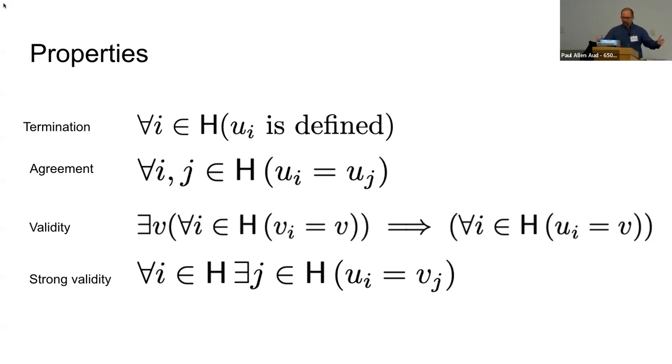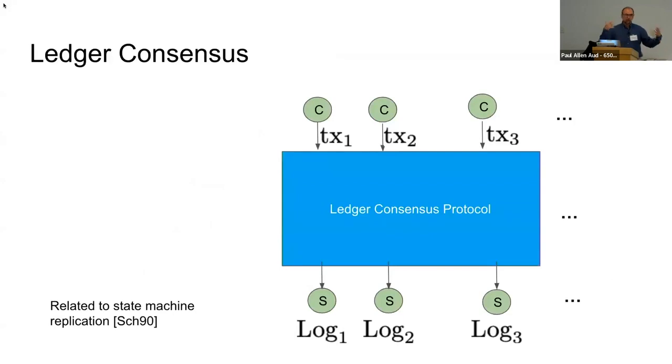So that's the problem. In a way, it's a more basic problem, like a one-shot: parties have some input, they want to get some output, and it's done. Now, in the blockchain setting, and not only, we're also interested in another variant of this protocol that is related to state machine replication, a concept and class of systems that has been studied since the early 90s. And it's an ongoing process.